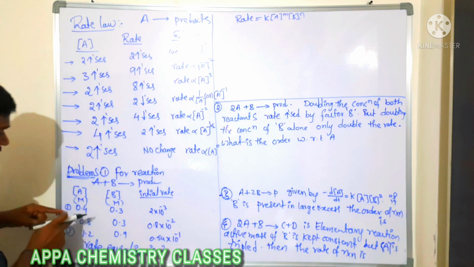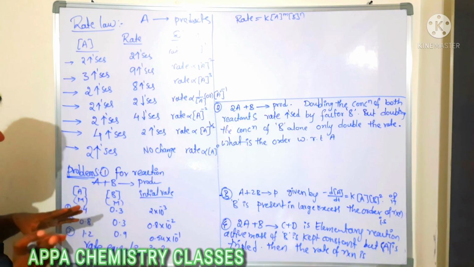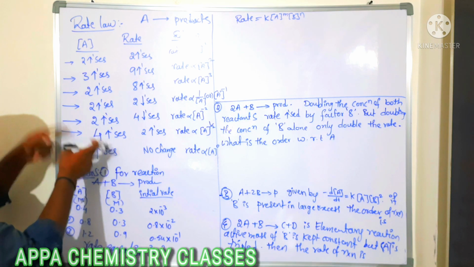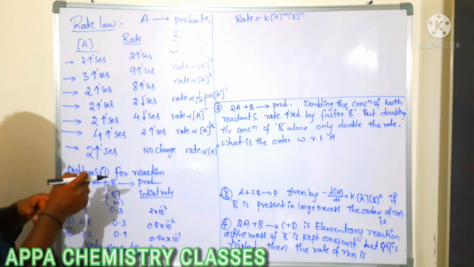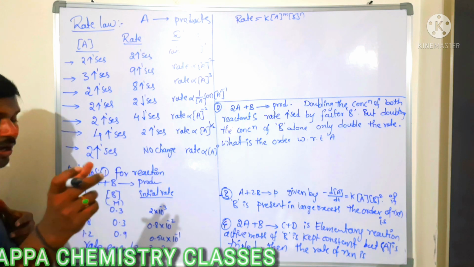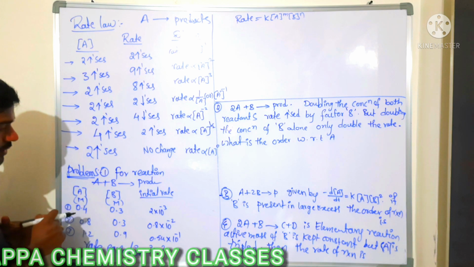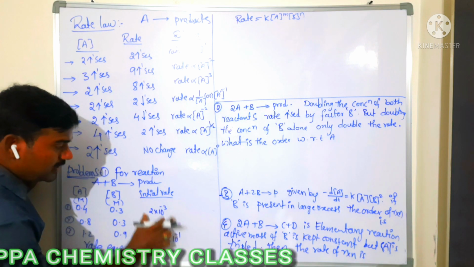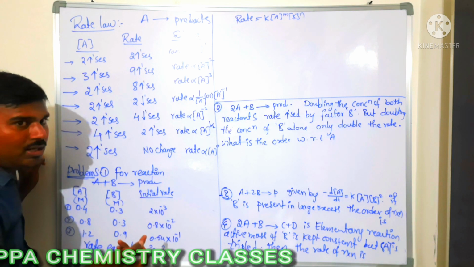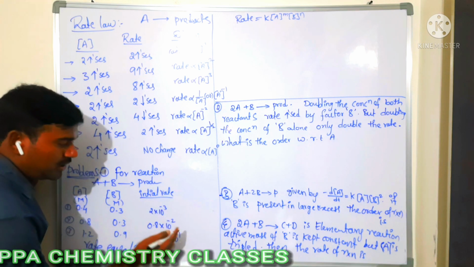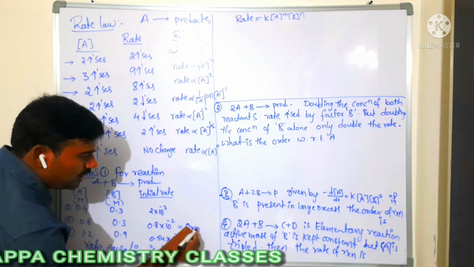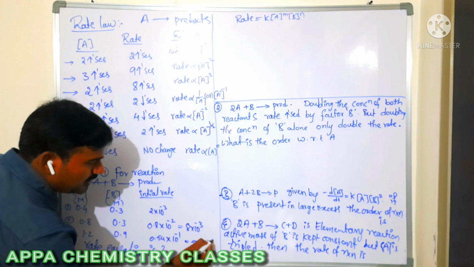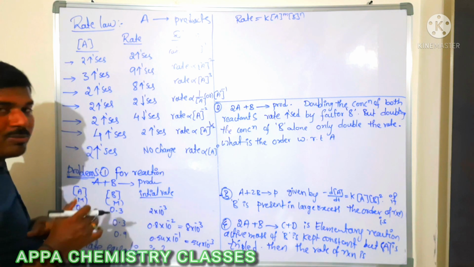So in this case, you can take here 0. Now what you have to select in such type of problem: we know that if by increasing the concentration there is no change in the rate, then we have to select such components which have the same constant value. And also here rates are given in terms of 10 power something, so you convert into the same 10 power. That is, you can write it as 8 into 10 power minus 3. You can write this one as 54 into 10 power minus 3. So in terms of 10 power minus 3 you write it.